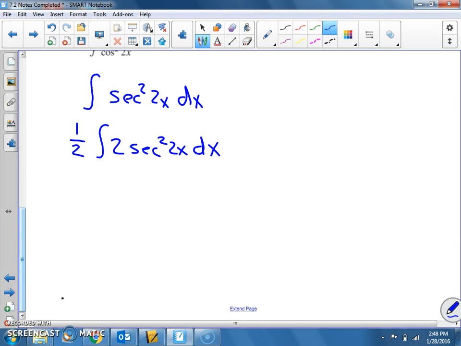Okay, so what's going to be u in this case? Do we want secant squared of u? Do we want u to be the secant squared? Yeah, we want u to be secant squared of 2x. We want u to equal secant squared of 2x. And du dx would be